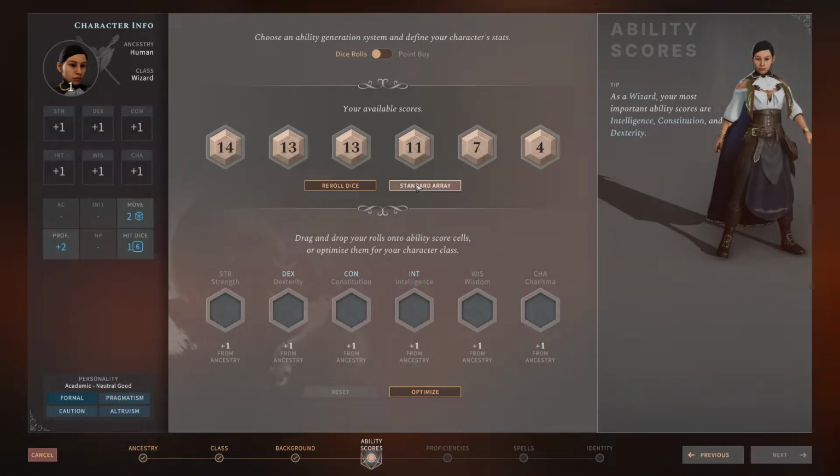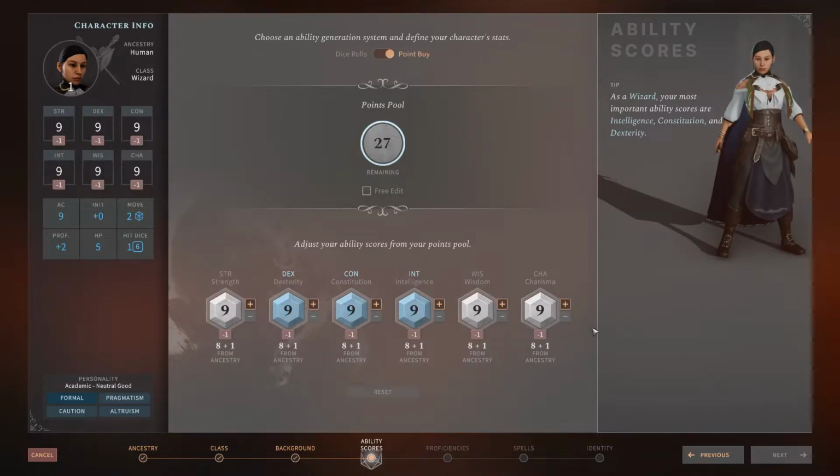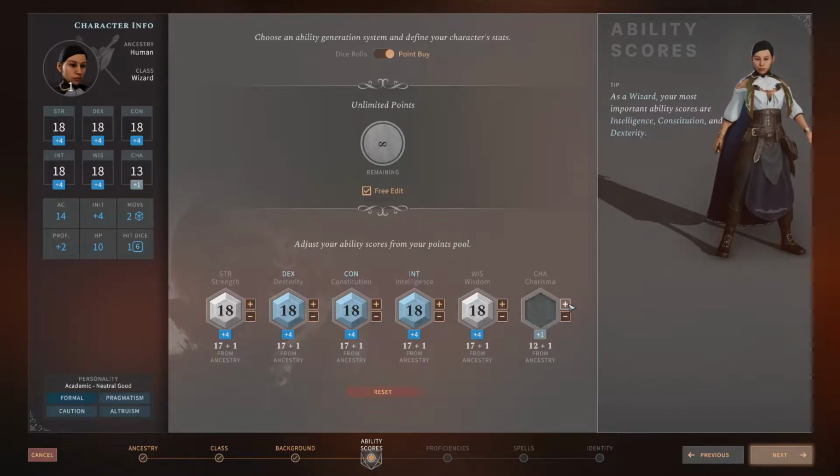Moving on, something else that's really nice about this game is the option to roll dice to generate ability scores for your character. In fact, the way they do ability scores in this game in general is very nice because it allows you to have a ton of different choices. For example, like I said, you can roll dice for it, but you can also use a standard array, or you can use a point buy system from the 5th edition rules,